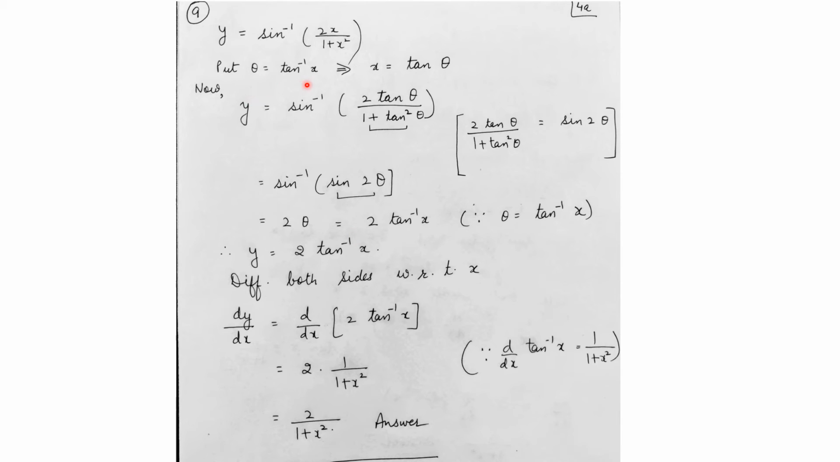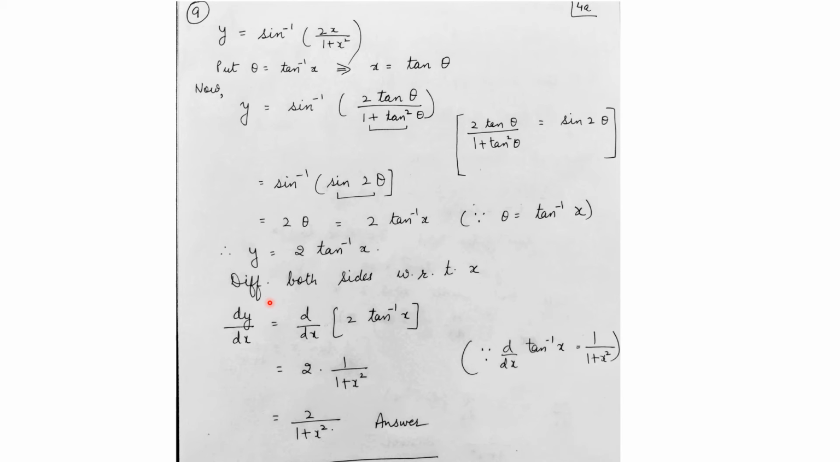Theta is taken as tan inverse x. So 2 theta will be written as 2 tan inverse x. I get y is equal to 2 tan inverse x. Now we will differentiate. In the previous questions, in the first line only, I used to write differentiate both sides